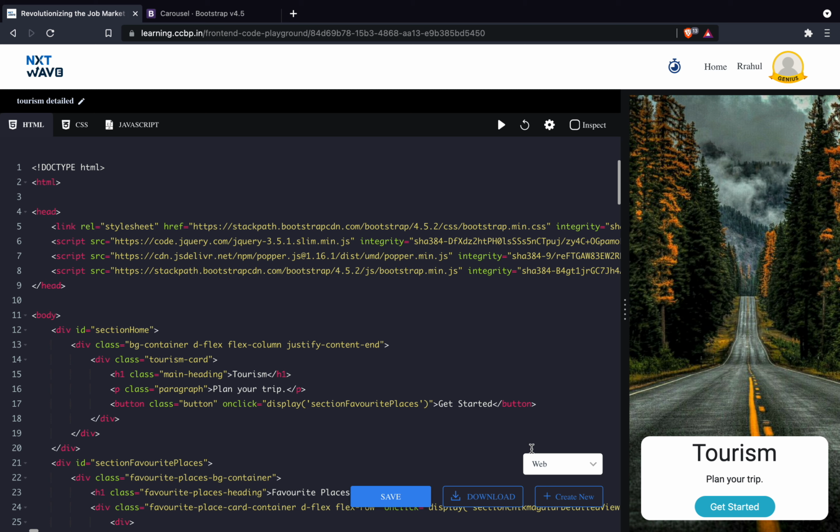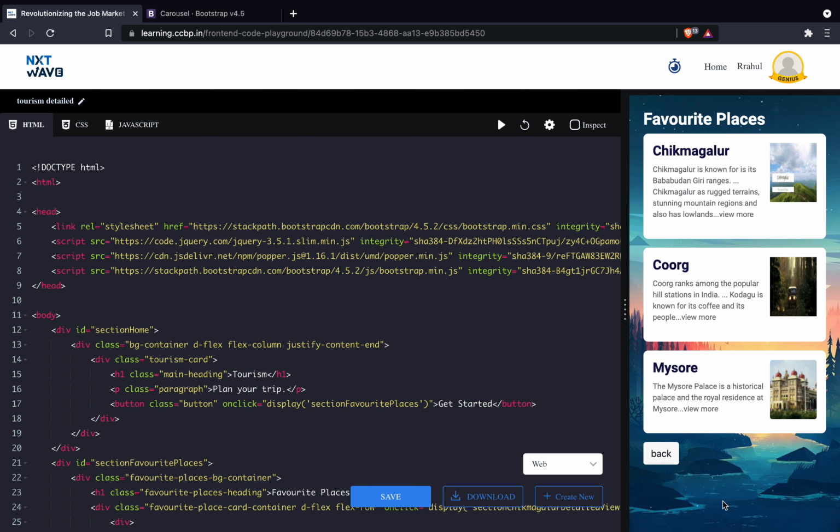As a part of learning, we started to learn how to build a static website. As you can see at the right side of the screen, you can see the home page of a tourism website, and there is a white card at the bottom of the page. In this card I have added a heading, a paragraph and a button. By clicking this button, you will be directed to the next page. So let's see by clicking it once.